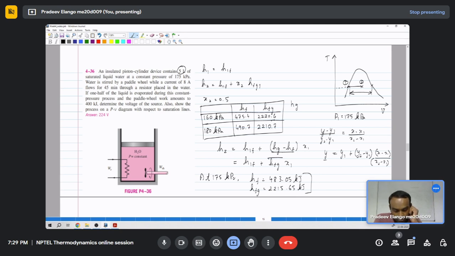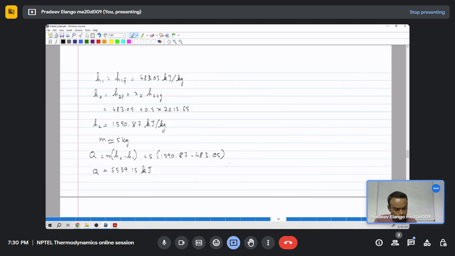We were told that for 45 minutes 8 ampere of current flows through a resistor, and also because of paddle work some 400 kilojoule is transferred. So Q is equal to Q paddle plus Q resistor. Now 5539.15 is equal to 400 kilojoules plus